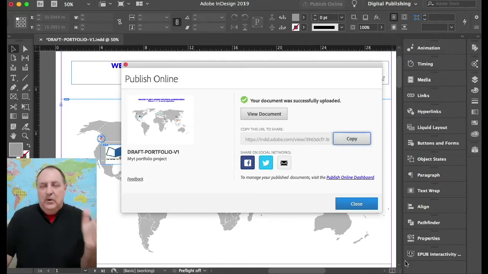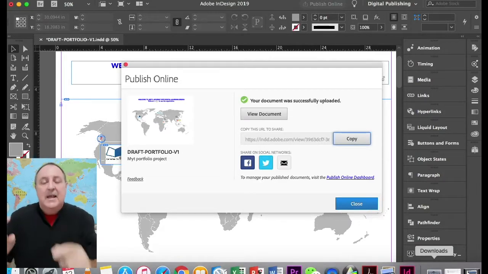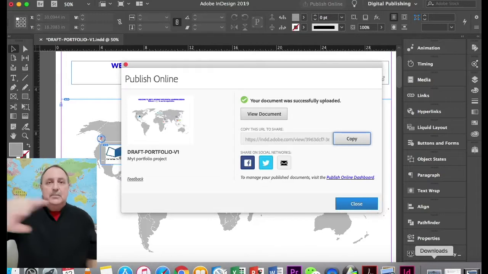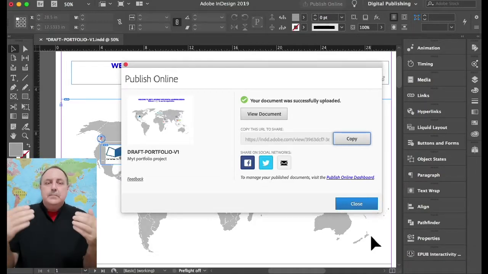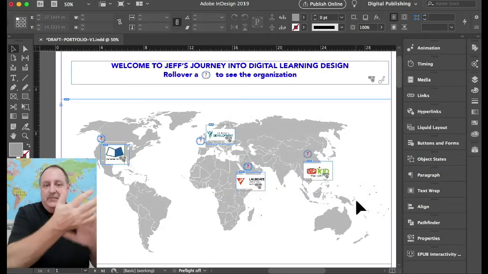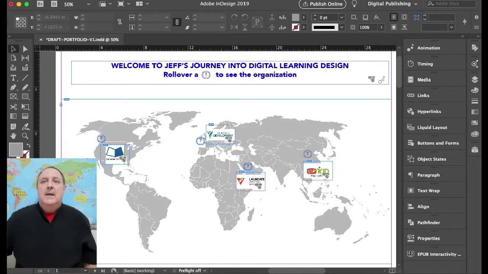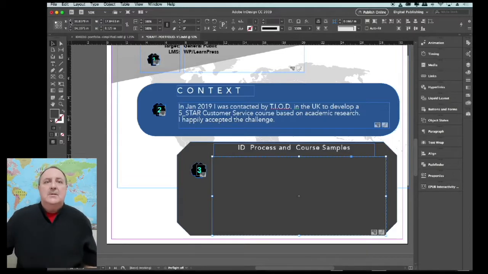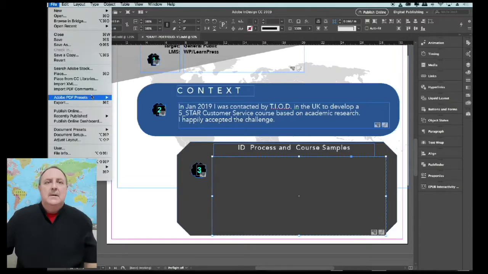So now it's a matter of going back, getting if you want to do that. And for a portfolio, you can, because actually then you can take the link. It's housed on Adobe's site as part of your subscription. You can take the link and then put it in a PDF as a CV so that it's part of your CV or resume. But what we're going to do now is we're actually going to go to File,